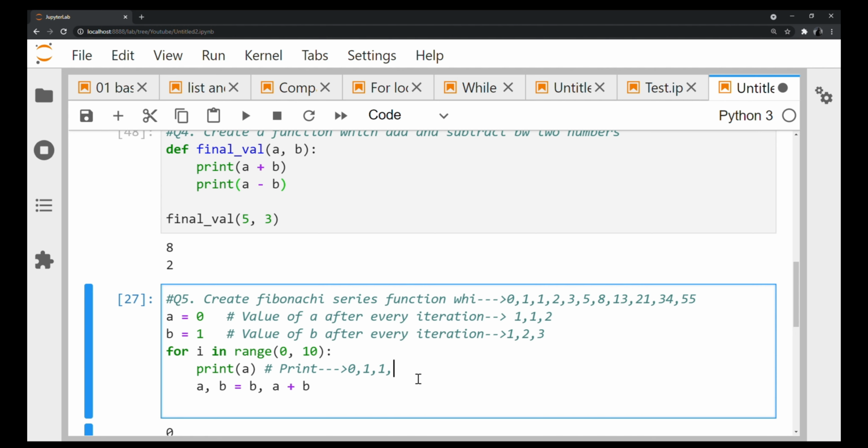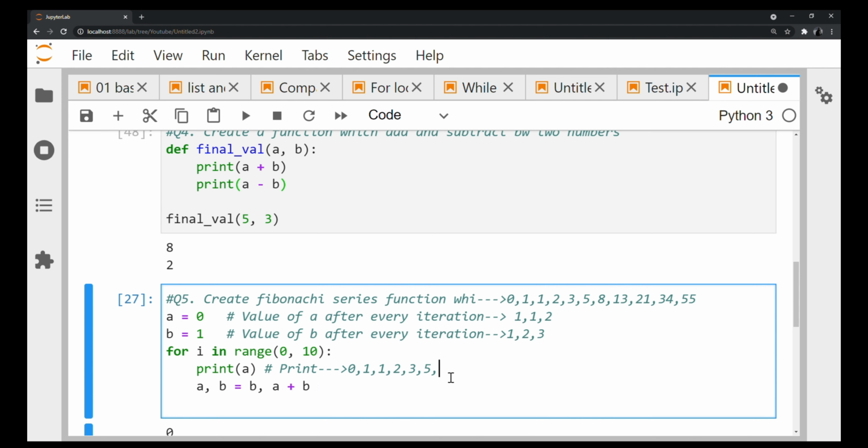So in the next iteration, what will it print? It is printing simply the value of A, right? This is what is getting printed, guys. So the value of A is always getting printed. So if you see, it is printing 2. And in the next iteration, again it will increment. It will print 3, and after that it is simply adding these two guys. If you remember, A plus B, right? And the value of A is equal to B here. So I'm simply changing the value of A, just putting the value of B here, and the value of B is getting incremented by A plus B. Very simple, guys.